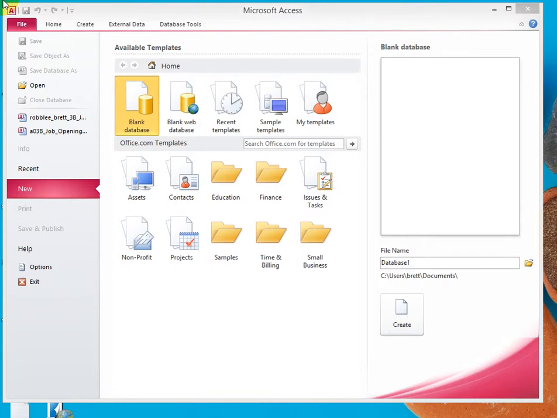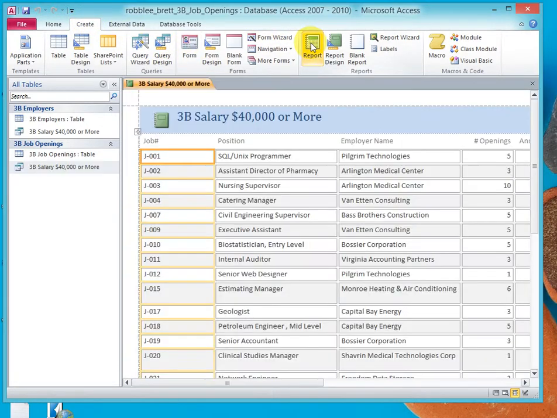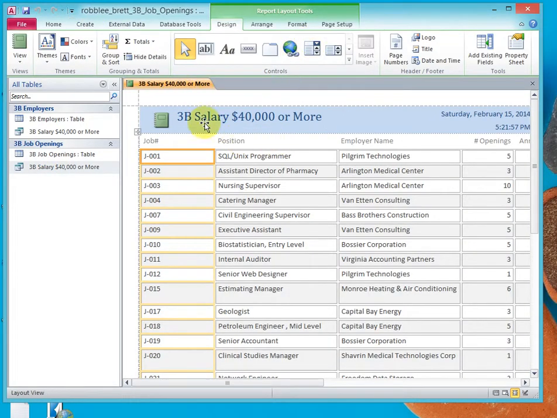In Activity 3.13, I'll demonstrate modifying a report in Layout View and printing a report. So let's go and open the job openings database that we worked with in the last activities. Last name, first name, 3B job openings. Select 3B salary, 40,000 or more, under job openings. Click the Create tab, click Report, and Access has automatically created a basic report using the query as the basis